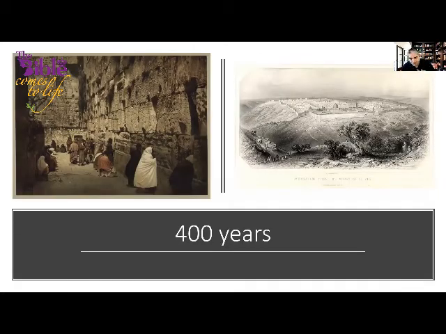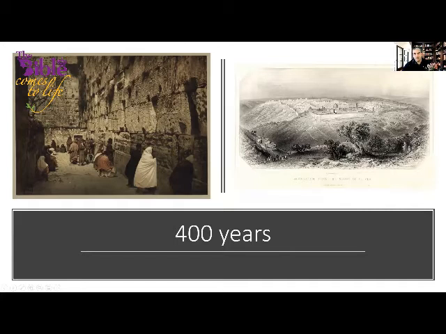So for 400 years, this is, again, a drawing of the city, how it looked around 150 years ago. If you can see, only within this here was the city of David, right here. All of this was the city of David in the time of Jesus, and of course, before him. This wall was, again, from the time of the revolt. Now it was used later on. And this wall right over here, in the time of Jesus, was not in existence. This wall was actually way down south, including Mount Zion. Mount Zion, as you can see, is outside the city walls.